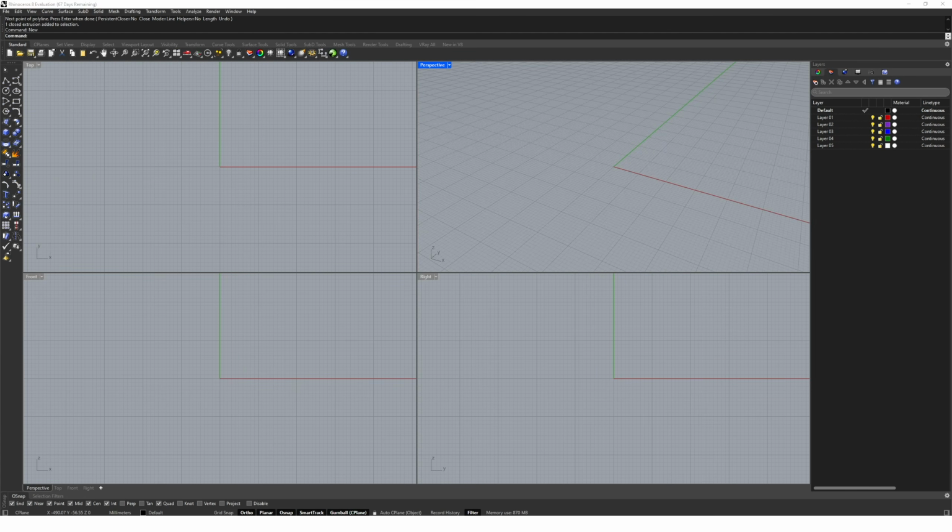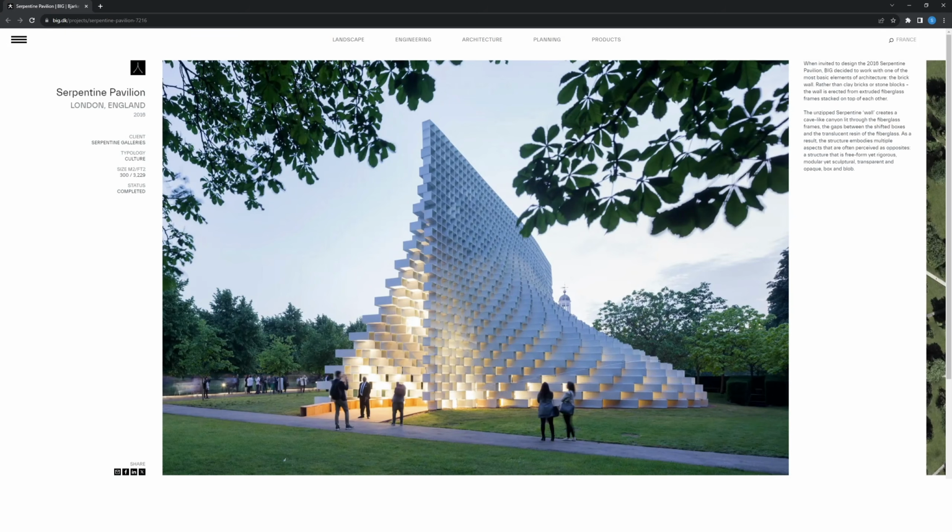Now that we have a basic understanding of how to create geometry in Rhino and how to control the transformation and manipulation of our geometry, let's try and apply these ideas to a precedent study. We will be examining an architectural pavilion by Bjarke Ingels, otherwise known as BIG, commissioned by the Serpentine Gallery in